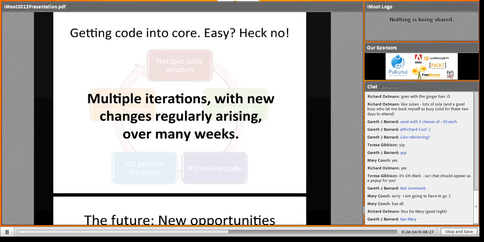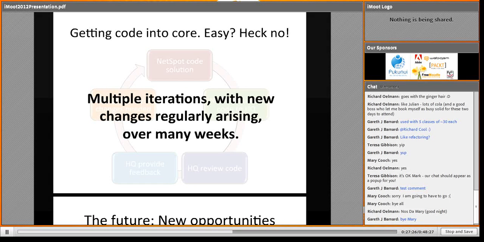And this didn't just happen once, it happened numerous times. Headquarters would give us the fixes that we needed to make. We'd say, cool, that means we fix these and it's in. We'd fix those, send it back, and then headquarters would say, well, that's good, but now here's another bunch of stuff that we found, or that we didn't tell you the first time or last time, or whatever. So it really is a significantly rigorous exercise getting anything into core,